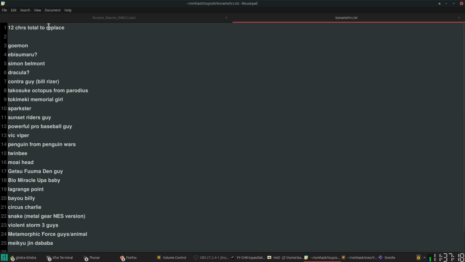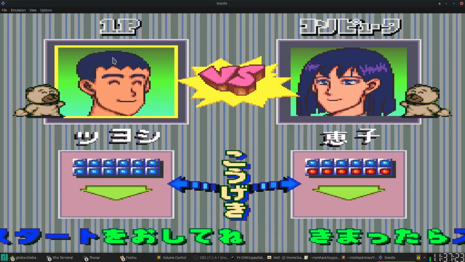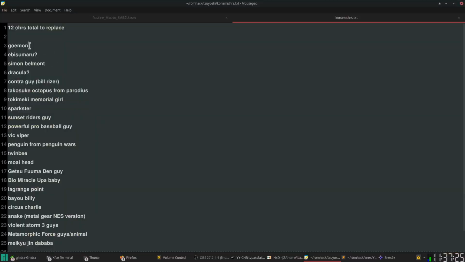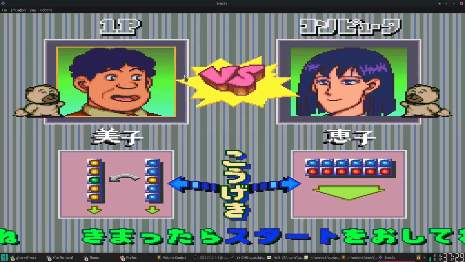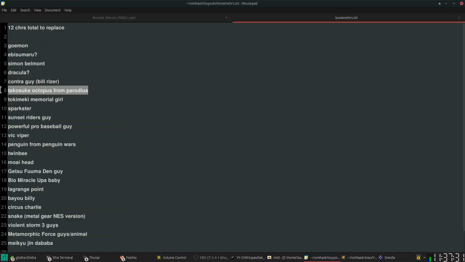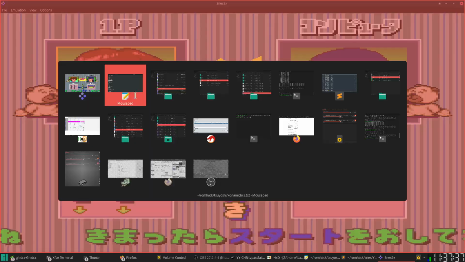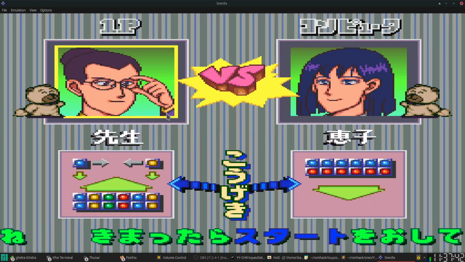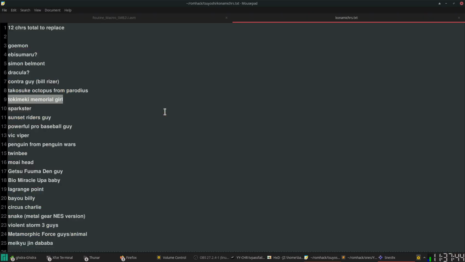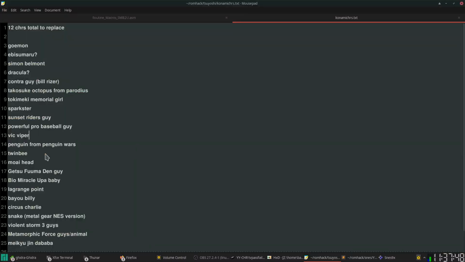Here we go. So imagine this. The first guy is Goemon from Legend of the Mystical Ninja. Next, Simon Belmont. Next, the guy from Contra. Next, the octopus from Parodius. Next, one of the girls from Tokimeki Memorial. Next, Sparkster. Next, one of the Sunset Riders guys. Next, the Powerful Pro Baseball guy. Maybe Vic Viper,